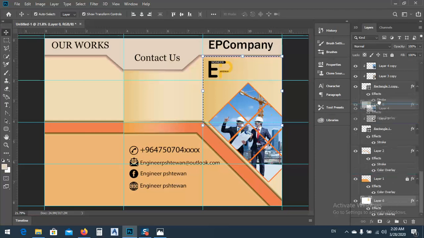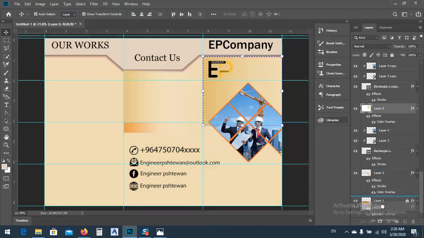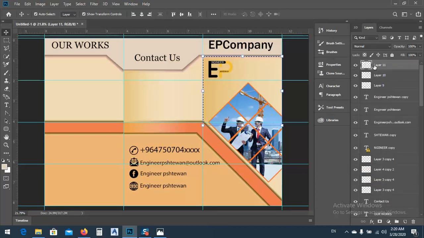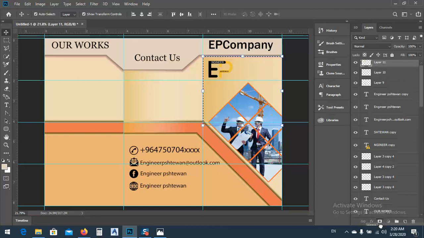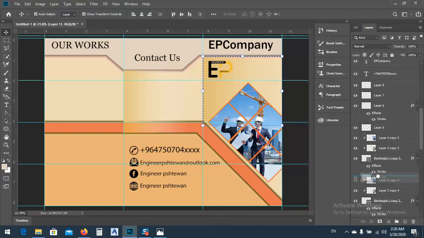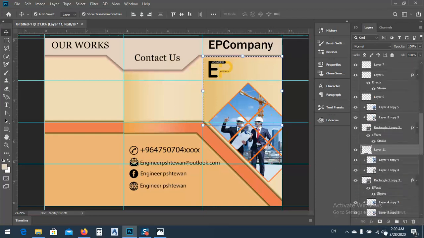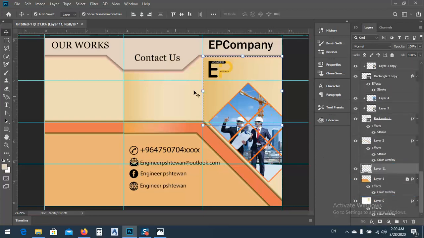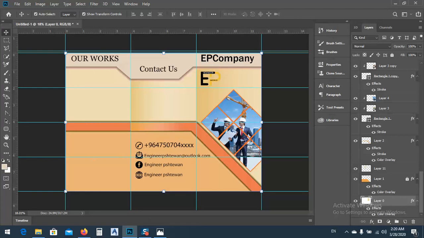If it's top of this one, we can just take it down. This is the layer 0, the layer that we created. Of course, if it's underneath, it will be on the rest. Let me try this one like this. You see the difference. So I think it's good enough, and what we can do, we can just add some other information, our jobs, our things, and after that we can